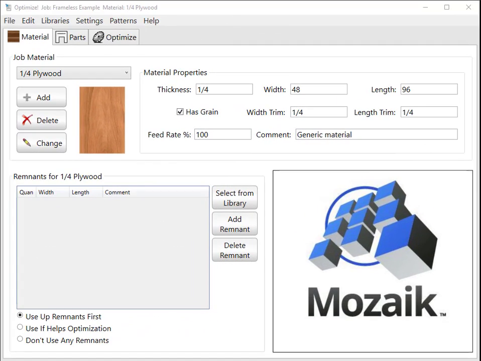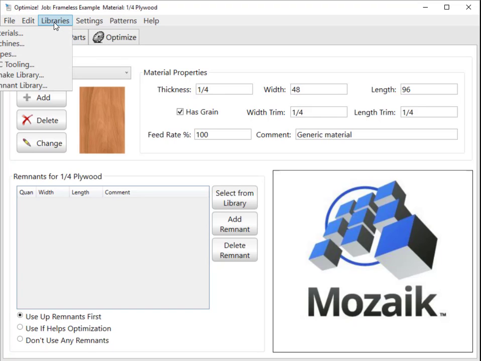We've added a complete new user interface for the optimizer in version 5.1. We have changed it to be a bit more tablet friendly and added several things that have been requested through the years. Each tab has been changed and modified. I'm going to go through just a quick overview and then we'll have more detailed videos on each of the changes. Before we go through the actual tabs, we'll take a look at some of the other things that have